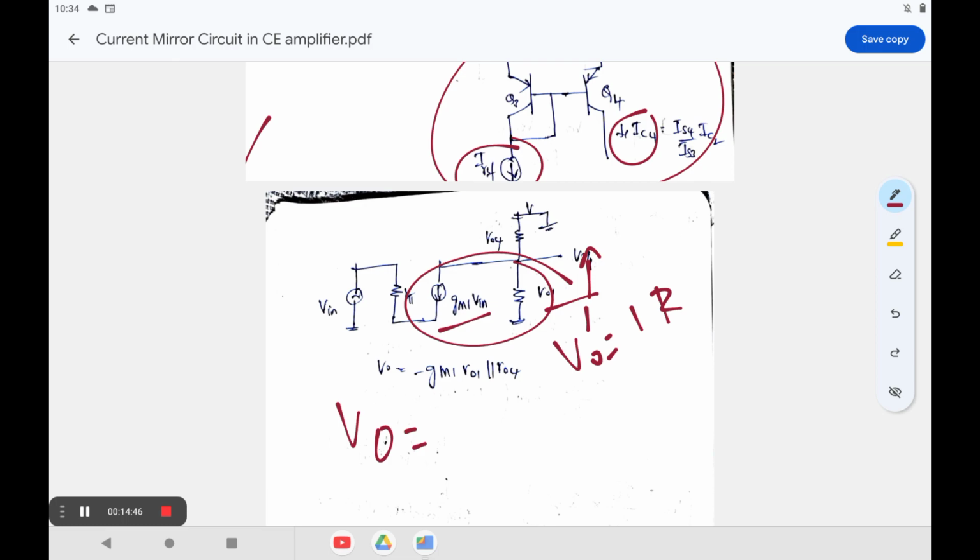Here the current direction is in this direction, that's why you will get a negative sign. Therefore, this current is Gm into Vin, with R01 in parallel with R04, and you will find the corresponding voltage in the circuit also. So this is all about the discussion related to the CE configuration being designed